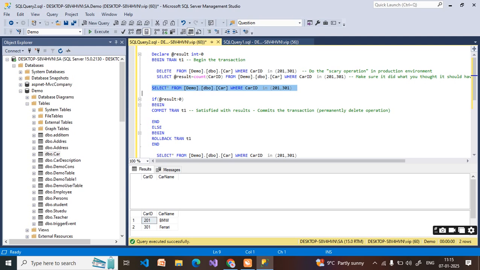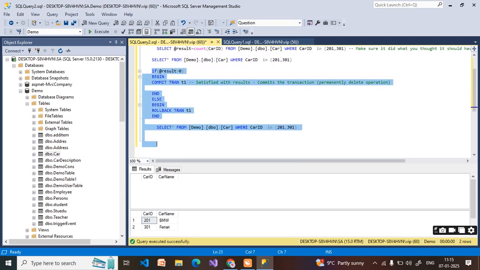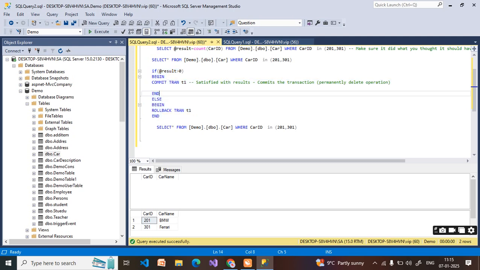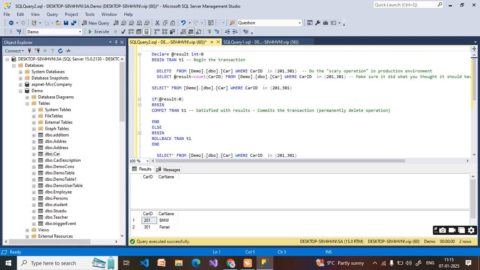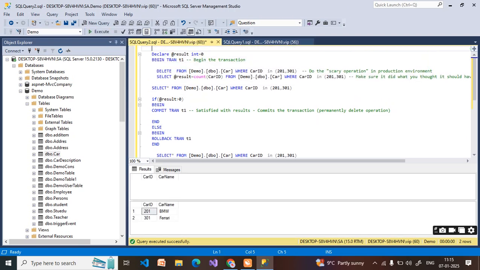After that we perform two operations here, if or else. We have transaction T1. Based on the transaction T1, we either commit the data or roll back, depending on our condition. Then we check again using the select query whether the data is rolled back or not. Understood? Now execute this query. What happened in this query? If you check here, the car ID and car name data is not showing. Why? Because the data was deleted by the delete query. Then when we execute this query, the data is showing